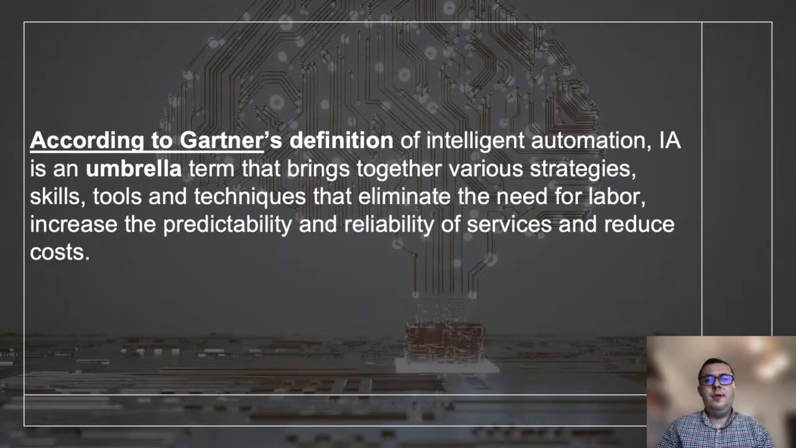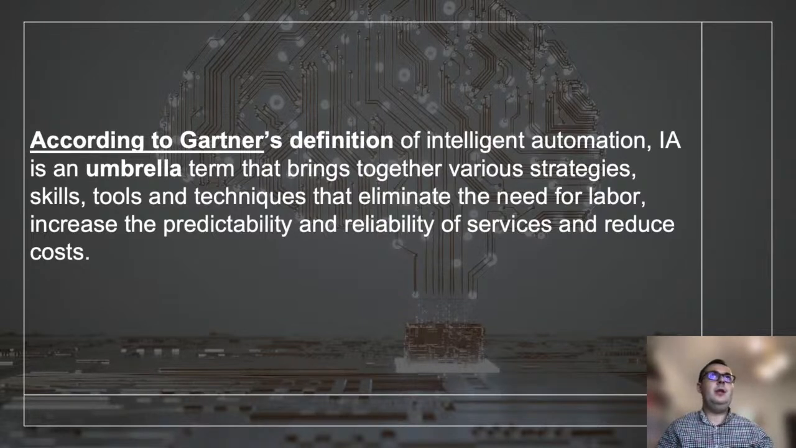According to Gartner's definition of intelligent automation, this is or can be defined as an umbrella term that brings together or incorporates various strategies, skills, tools, as well as techniques that eliminate the need for labor and increase the predictability and reliability of services, as well as reduce costs. So as we can see from these slides,